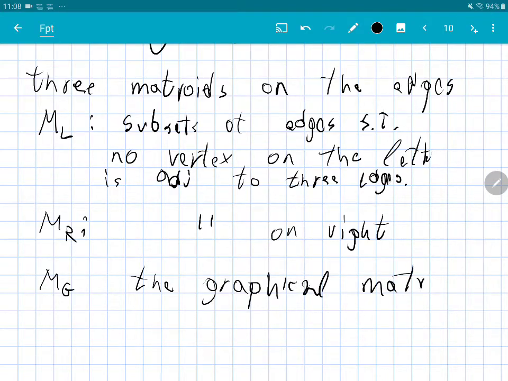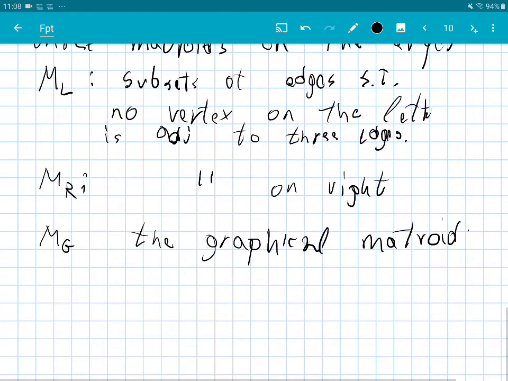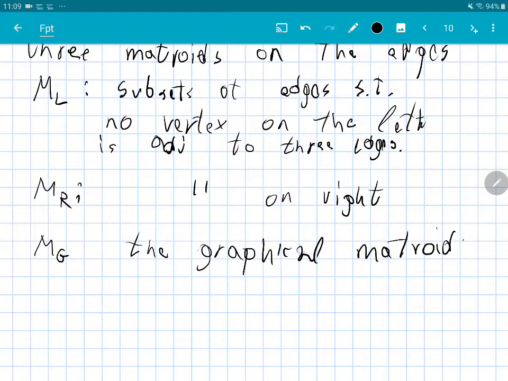So what is the graphical Matroid? To remind you, this is just the Matroid on the edges where a collection of edges of the graph is a valid set in the Matroid if and only if it does not contain a cycle. So you can think about it as the set of all allowable forests. And now all we need to do is look at the intersection. So what is the intersection? The intersection is going to be all spanning forests such that the degree of a vertex